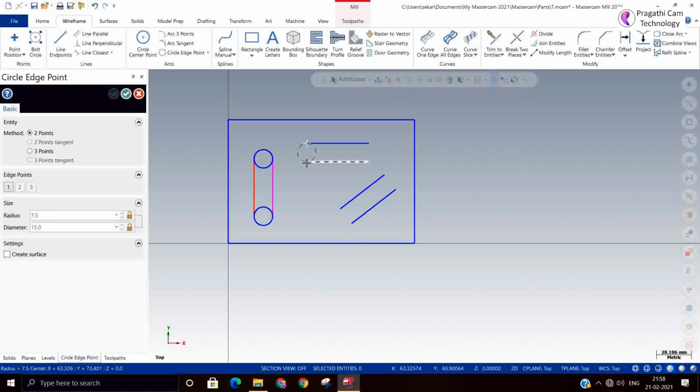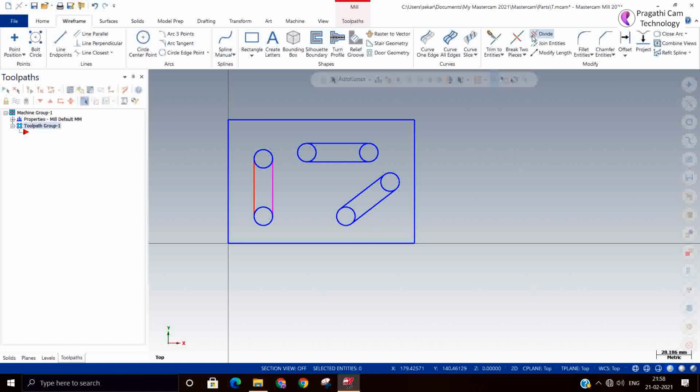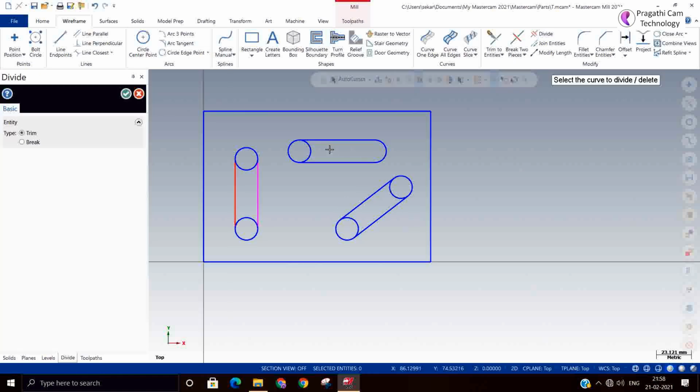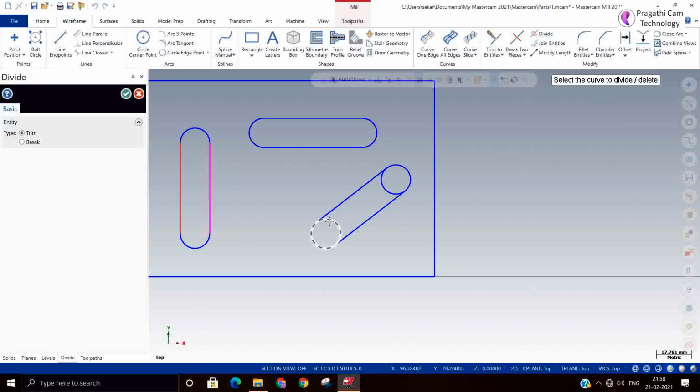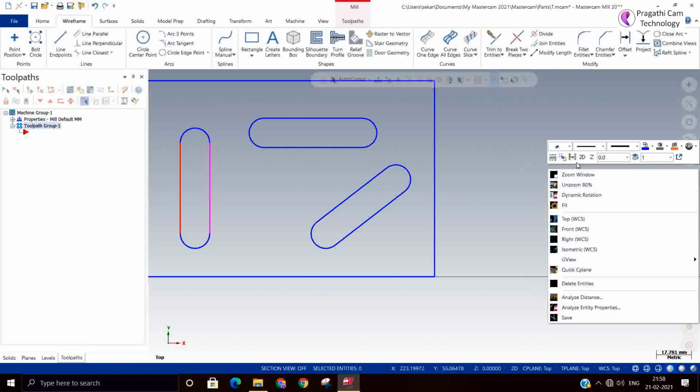So later on I will trim the other portion of the circle. Undo. So you can say clear colors.